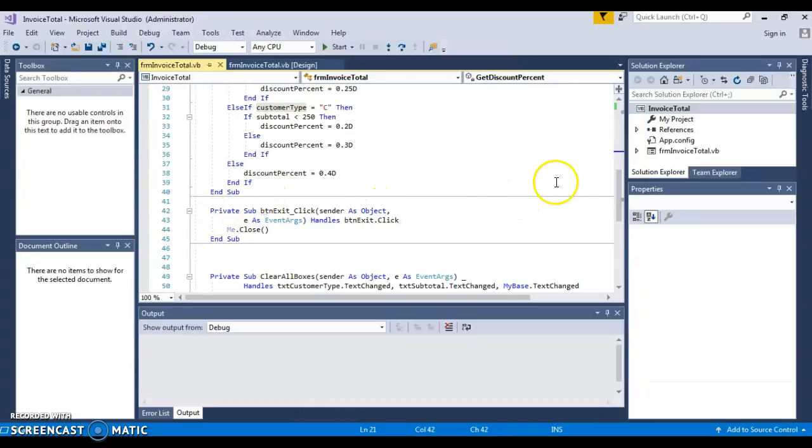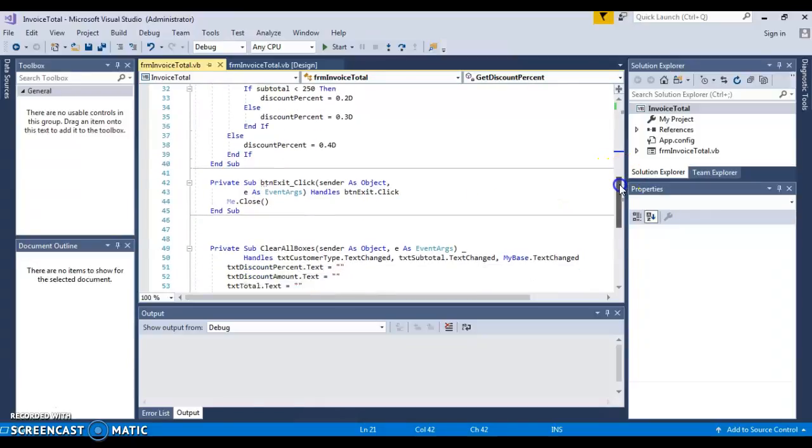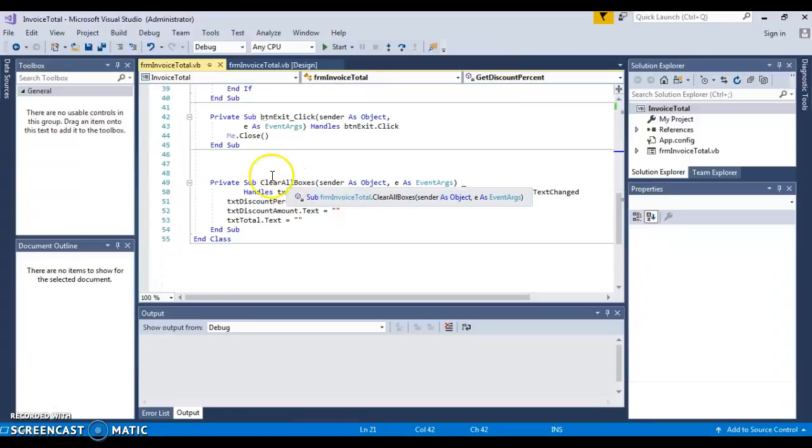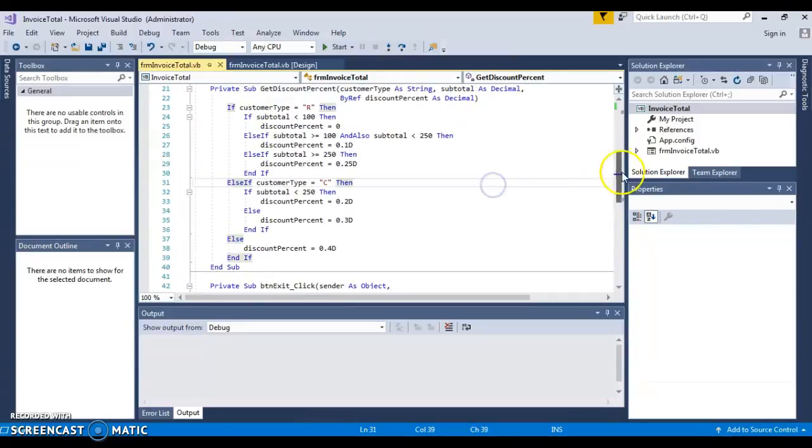And your clear all boxes event handler, and